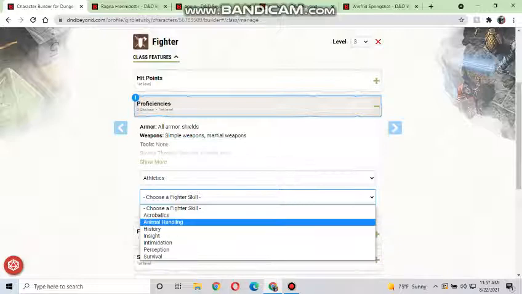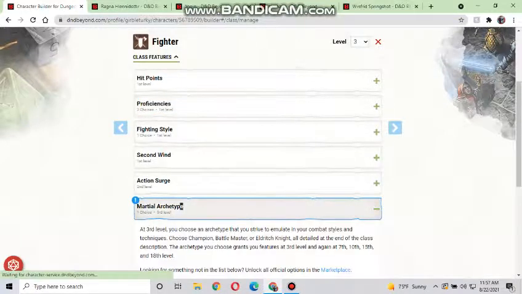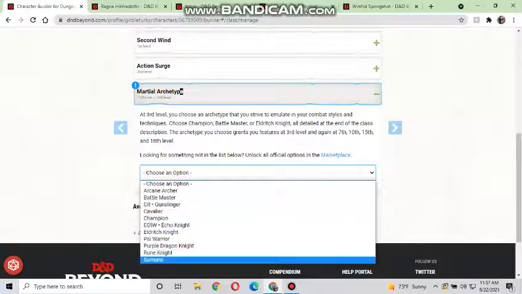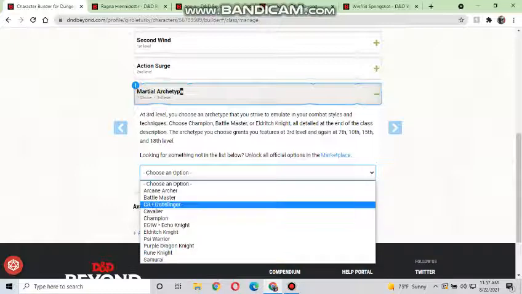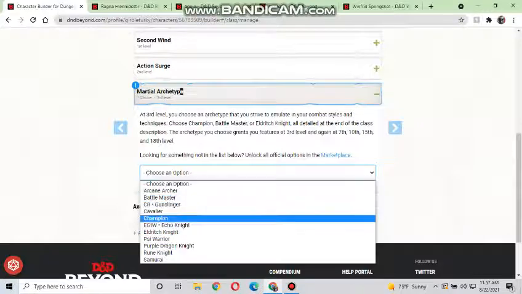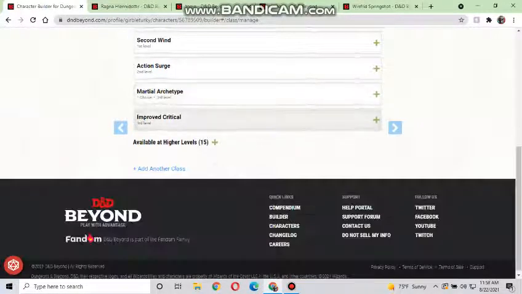And then we'll go, how about intimidation to be spooky? Martial archetype, we'll choose. If we know we're going to want to use a sword, most of them work. Gunslinger is more for guns. Eldritch Knights use magic. We'll just go with the basic Champion Fighter, which is the most basic class, but it gives us improved criticals,